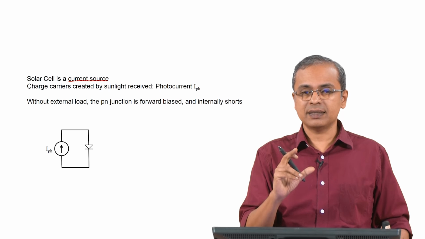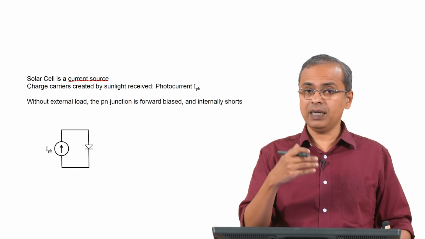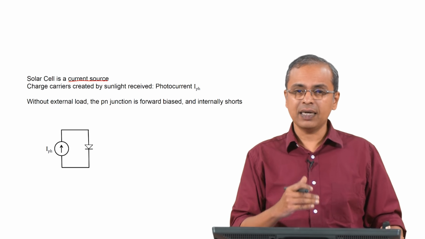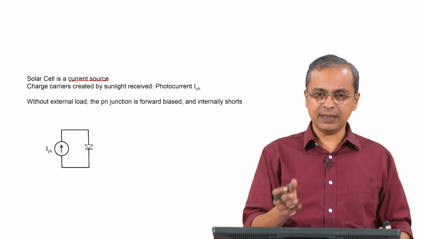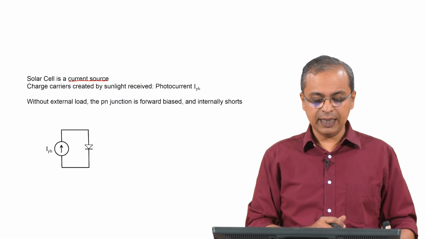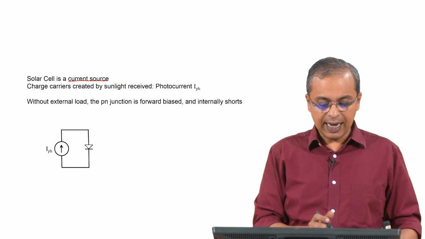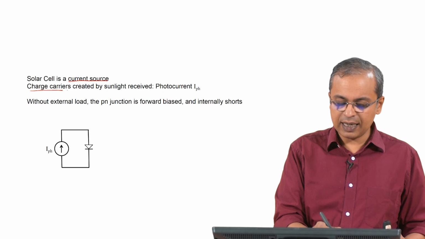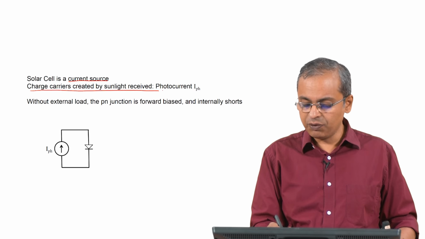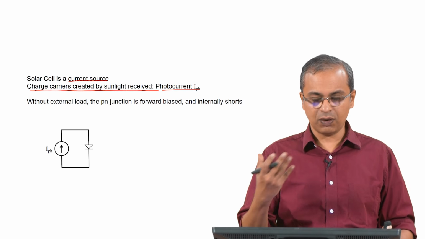So, when you buy a battery from a shop, which is an electrochemical device, that is typically a voltage source, whereas this is typically a current source, meaning that you first generate the current, and then the voltage is whatever happens because of the current. So, the current is what drives the behavior of this sample, and this is because the charge carriers are being created by the sunlight that is received, and so essentially you first generate this thing called the photocurrent,